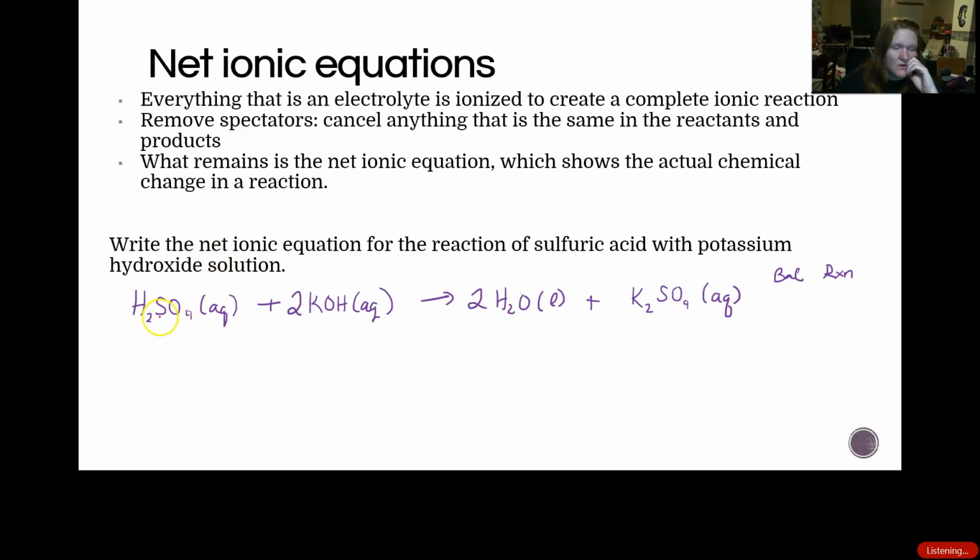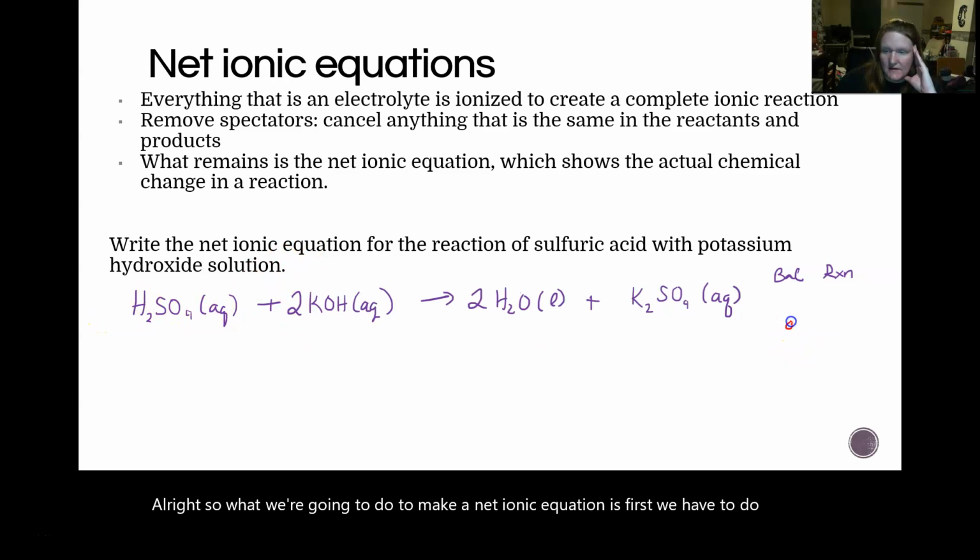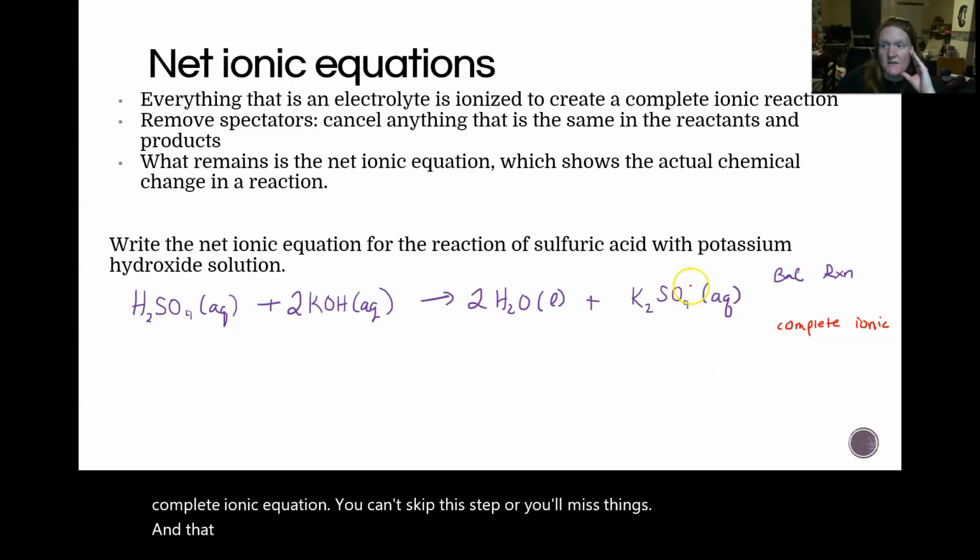Alrighty, so what we're going to do to make a net ionic equation is first we have to do the complete ionic equation. You can't skip this step or you'll miss things. And that just means anything that is an electrolyte gets broken up. Okay, so here we have